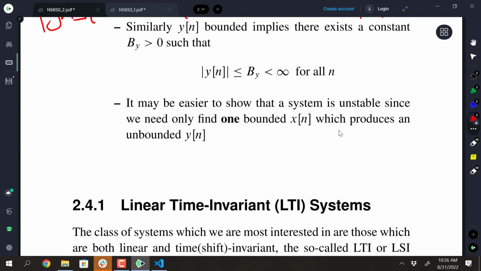If you're wanting to prove that a system is not stable, it's probably easier to come up with a counterexample. And that counterexample would be to just establish that there's one particular bounded input which produces an unbounded output. So an example I'm going to think of there